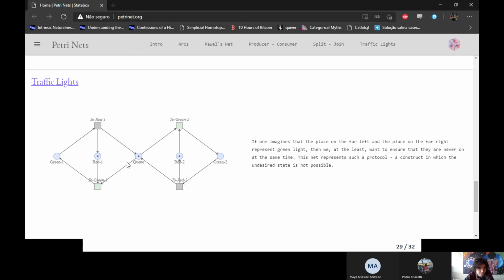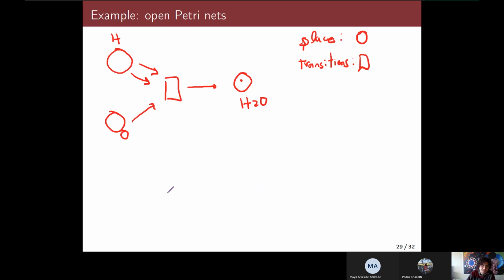So this red transitions to green, red transitions to green, green transitions to red. But since red takes 2 dots here, you see now you can transition to green. This is a very smart way to write this down. And if you have a 3-intersection traffic light, how would you do it? You would just add another one on this queue here, and that will be like doing a push-up. So